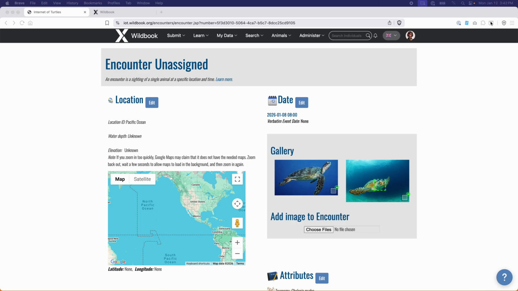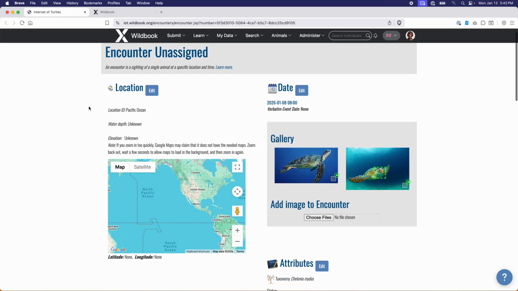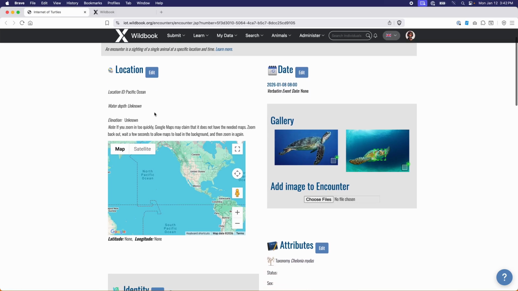I'm a customer support engineer here at Conservation X Labs, and I want to walk through some of the encounter page updates for the Wildbook 10.9 release that came out in December of 2025. I want to start here with the old encounter page so we can see how everything used to be laid